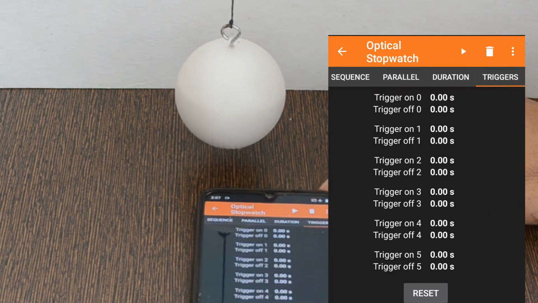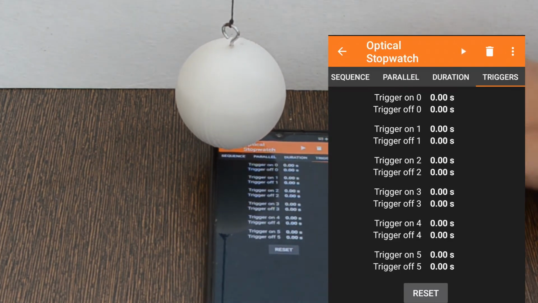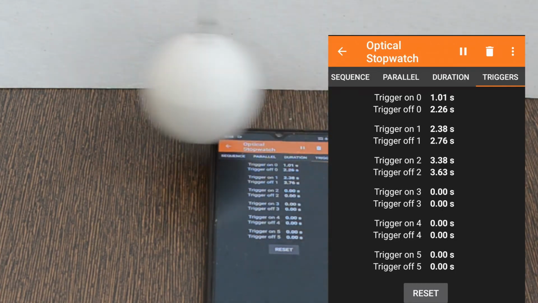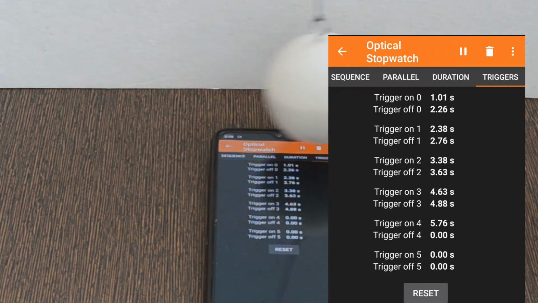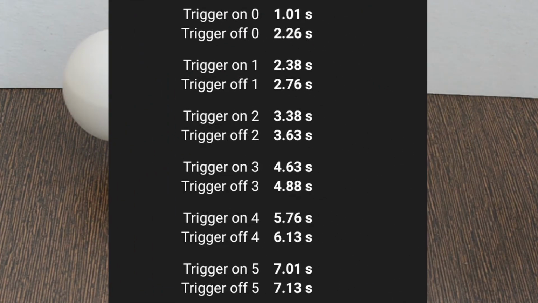We'll place the phone such that the sensor is just below the ball. When the ball moves over the sensor, the lux value changes as it blocks the light. Right now, we get 5 consecutive readings. We can calculate the period with some simple maths.